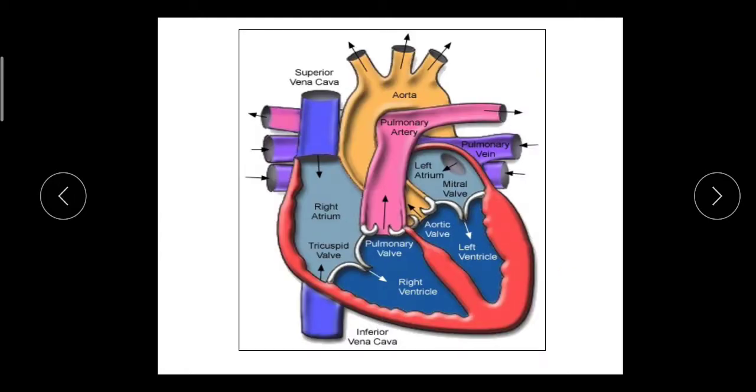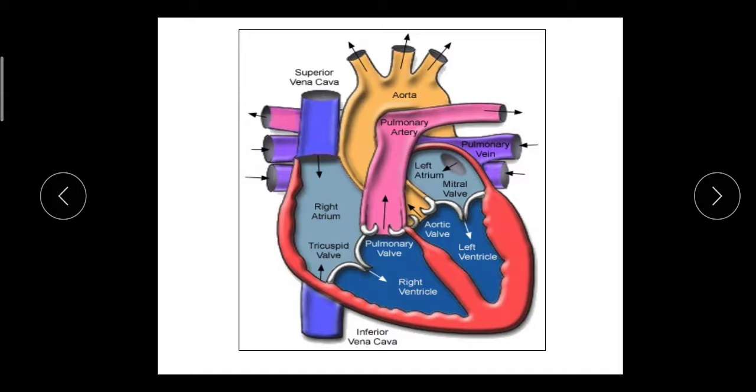This is the path of blood flow through the heart from the superior vena cava. The deoxygenated blood from the different organs comes into the heart, arrives in the right atrium, and then flows towards the right ventricle. Here it is pumped out, and through the pulmonary artery it goes towards the lungs where it is